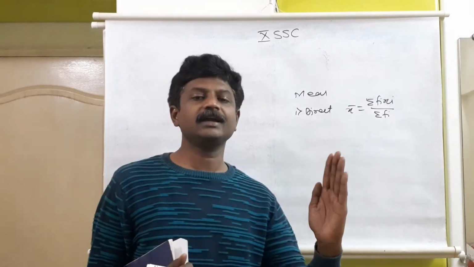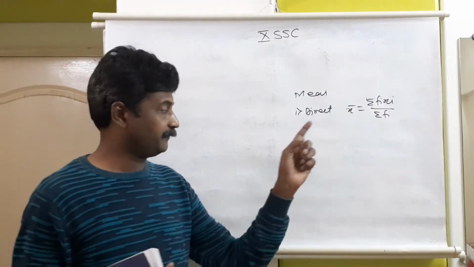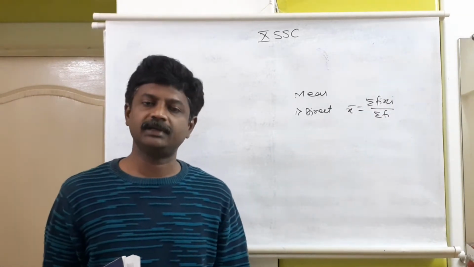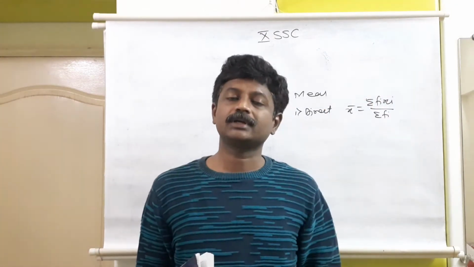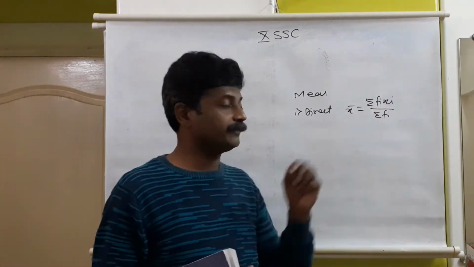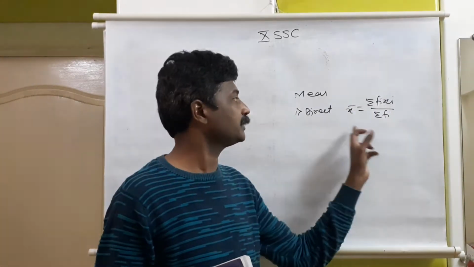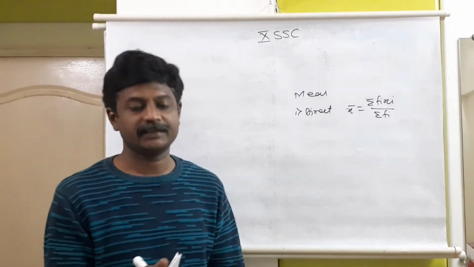Product of xi and frequency. The product of both will give the last column, the fi xi column or xi fi. A into b or b into a, the meaning is the same. The sum total of that column will come at the end, that is summation of fi xi, and the summation of the frequency column will be at the denominator. This division will give the mean by the direct method.